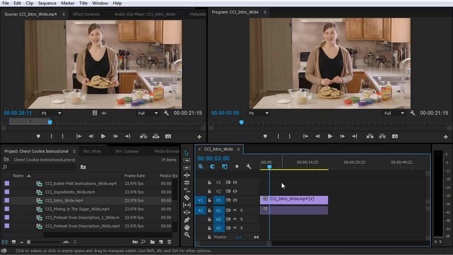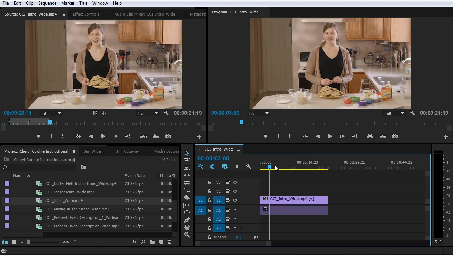Now, at the very beginning of this sequence, there's a little bit of space that I want to get rid of. I want to trim up the beginning of this clip. Now, I could have done that over here in the source window and then pulled that back into the project, but it's going to be much easier to get a general in and out point for your clips and then finesse the timing once you've pulled that clip into the timeline window,